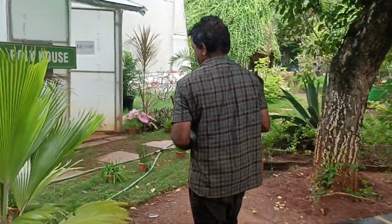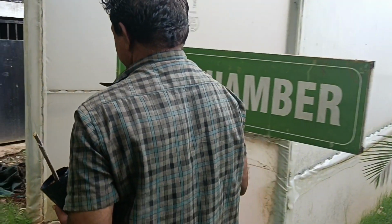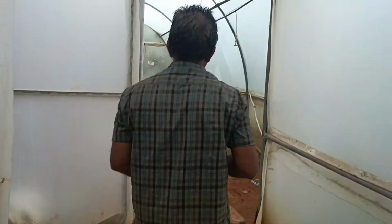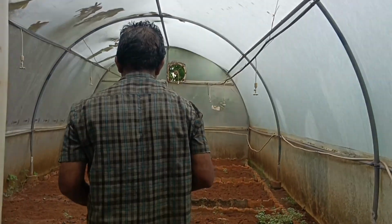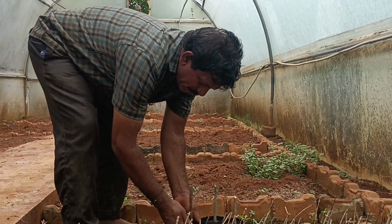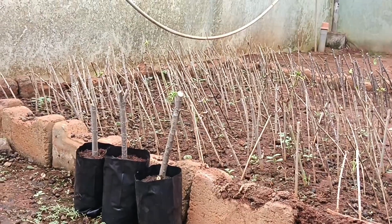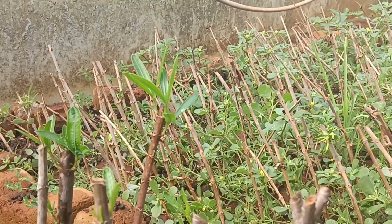We can directly plant in the beds prepared in the mist chamber, or we can also place the cuttings in poly bags inside the mist chamber. The humidity present here will be ideal for the rooting of cuttings, and it will take around 30 to 60 days for proper rooting. Inside the mist chamber itself, we could see that it puts forth 1 or 2 leaves, and after the 45th day we can take out the cuttings, and the Nerium plant will put forth a